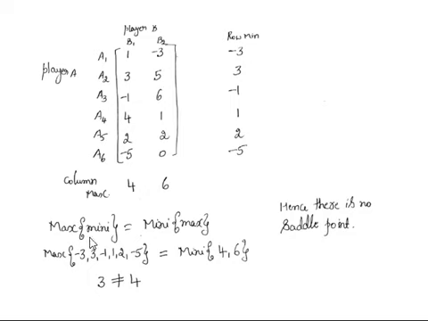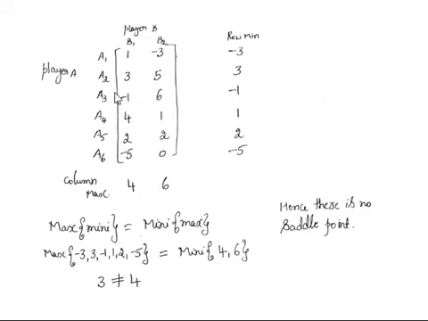To check for the saddle point, we have the standard formula: maximin and minimax. Out of these minimum values, which one is the maximum? The maximum value is 3. We compare all these values and write out the maximum value. Similarly, out of the column maximum values, which one is the minimum, we write out here. If those two are equal, that is maximin equals minimax, then a saddle point exists. Otherwise there is no saddle point. Since here 3 is not equal to 4, obviously there is no saddle point.